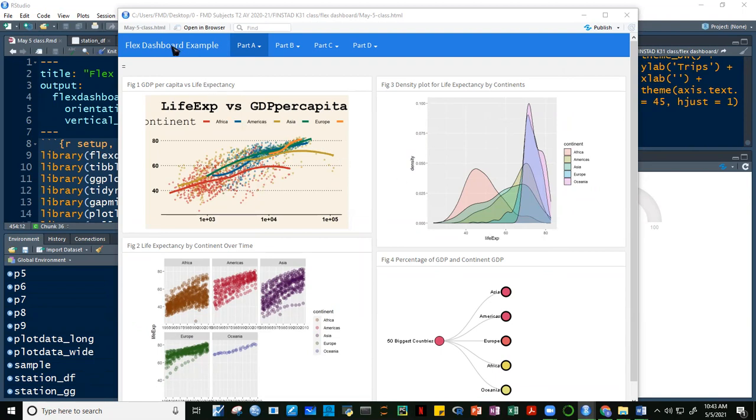So this is the name of our dashboard, Flex Dashboard Example. Okay, baka may question. Okay, good. Thank you. So I think most of you, if not all of you, were able to knit the R markdown. Hindi ko pa rin guys, sorry, hindi ko pa rin na-figure out kung bakit yung Plotly hindi siya nag-work, no? Maganda sana kung I've been looking at